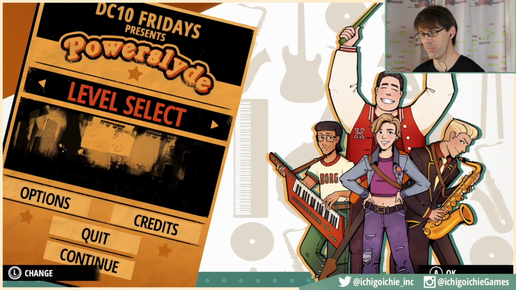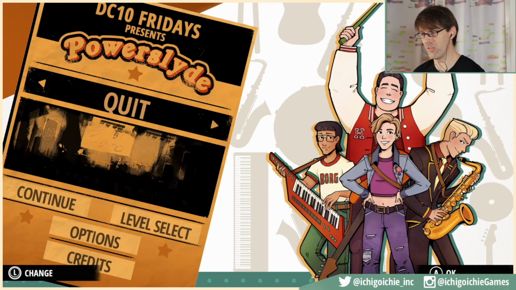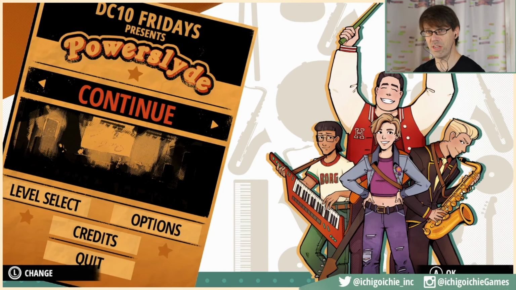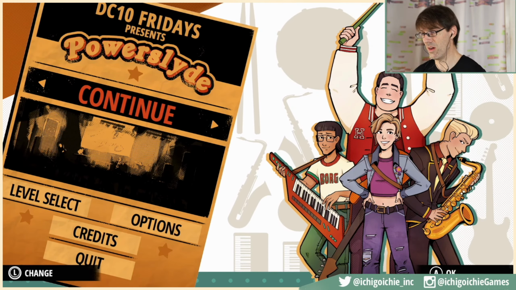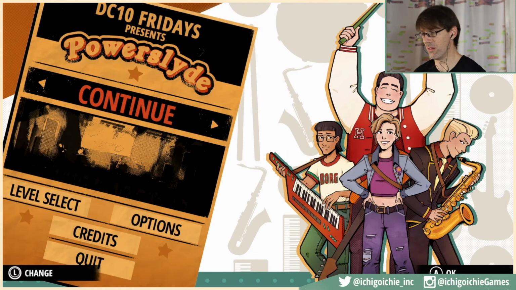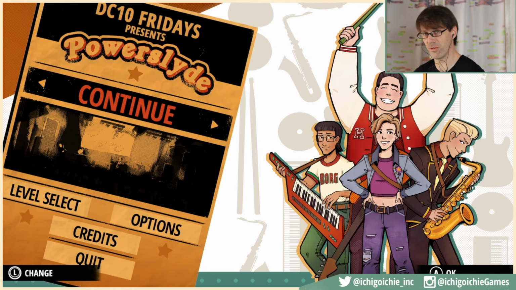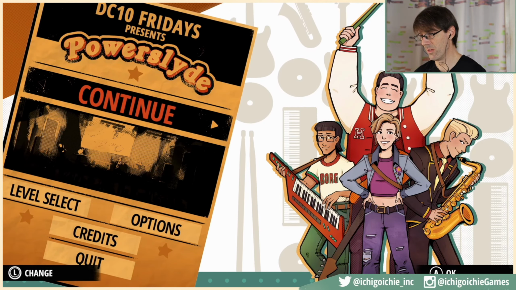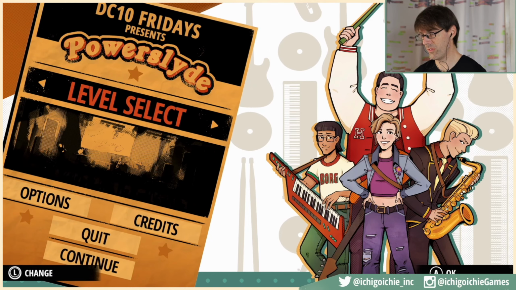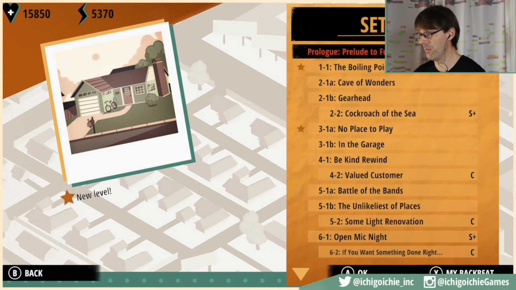We've got the header at the top telling you about the band, and the title, and the point where you can cycle through these options with this grainy halftone dotted photograph underneath. On the right-hand side you have the characters in the main band, Powerslyde, and you can see how each of them works together and some of their nuances built into the different poses that we have. So we're going to go first over into the level select screen, which is not complete yet, but it has the same feeling.